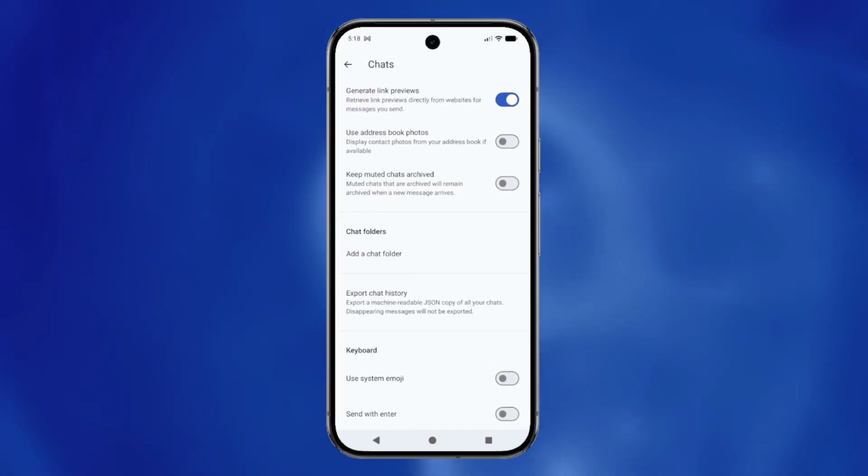This section contains all the settings related to how your conversations appear and function within the app, including display options and notification preferences. At the top of this menu, you'll see an option labeled Use Address Book Photos. This feature is particularly useful because it allows Signal to display contact photos from your phone's address book instead of the profile pictures users set on Signal itself. This can make it easier to recognize your contacts since you'll see the familiar photos you've already saved for them